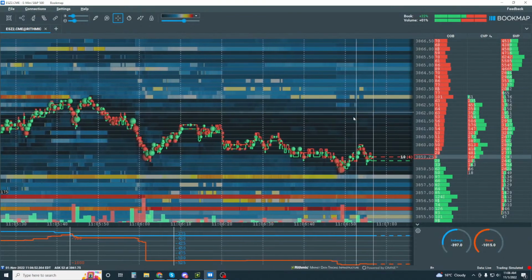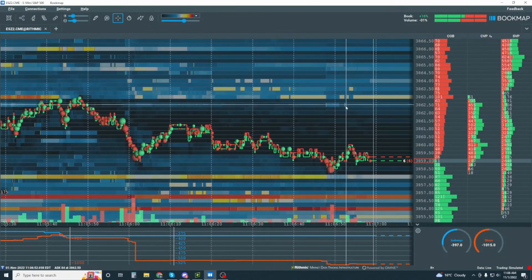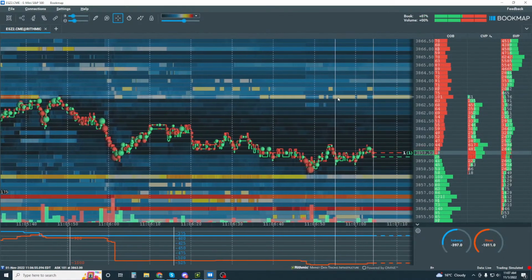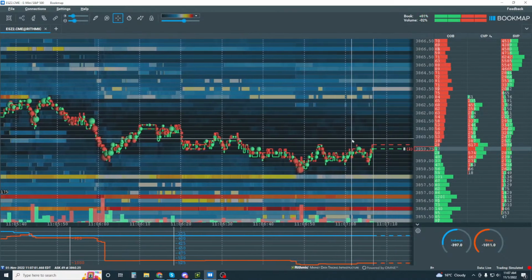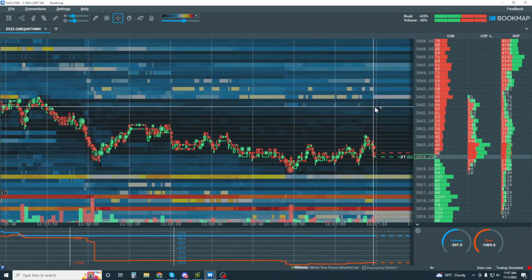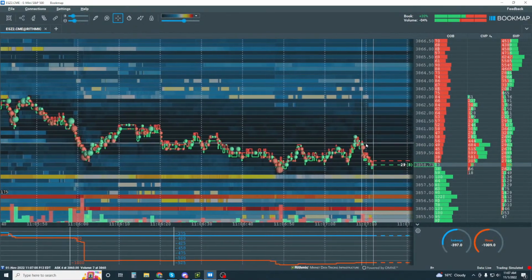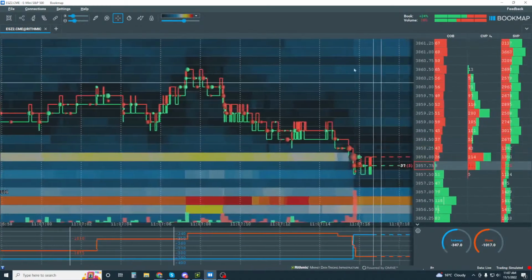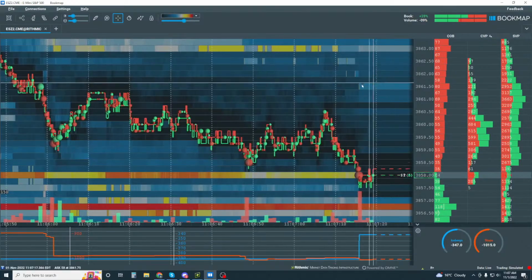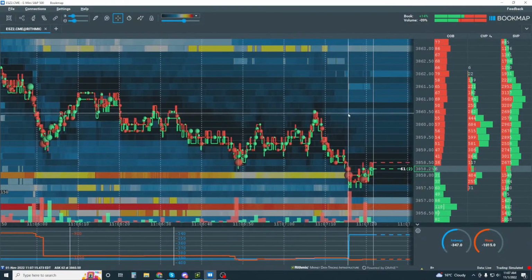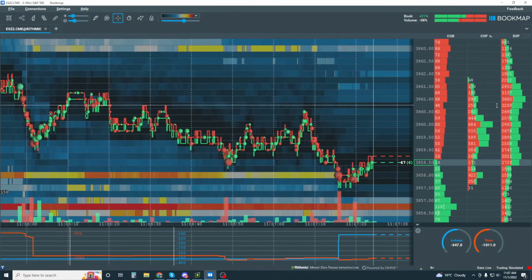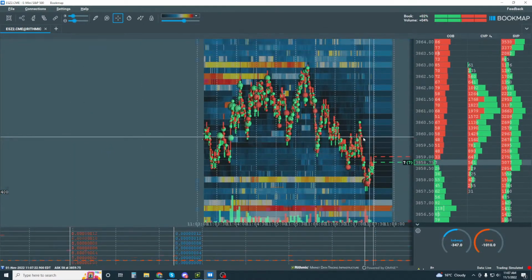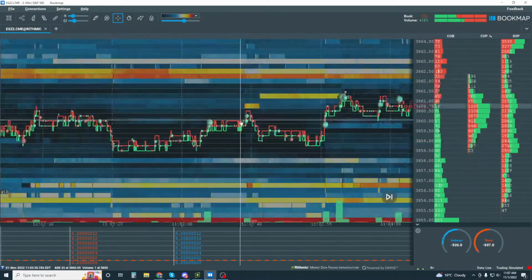Okay, now where are the algos up here? Well, they're kind of in here. This kind of blue haze up in this area, but most of it's up here around the 63 area. Now buyers can very easily move it back up into these areas here because there's not a whole lot of liquidity in here. Right, so that's how you're starting to read this auction process and starting to understand even the algorithmic behavior of these market making algos. Okay, so I hope that answers your question, and you'll see all sorts of algorithmic behavior in here all day long.